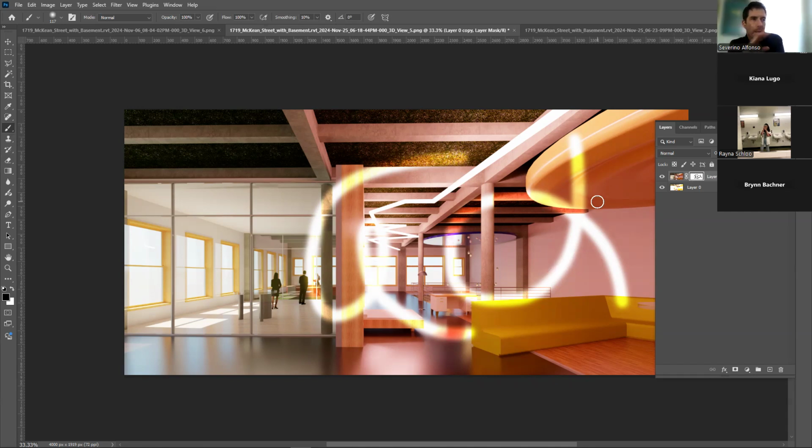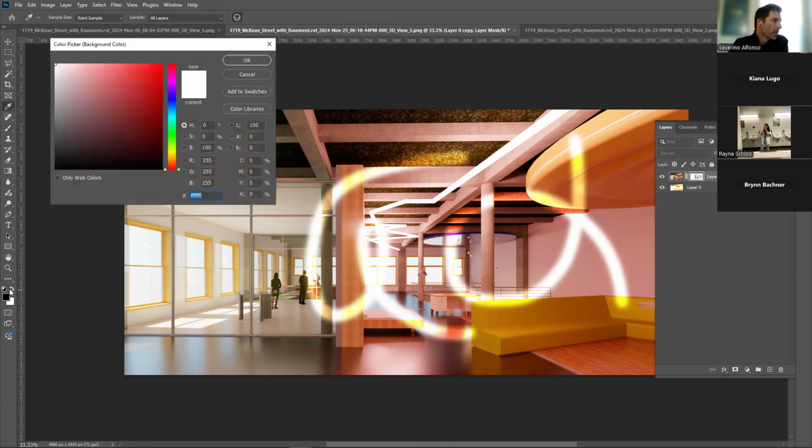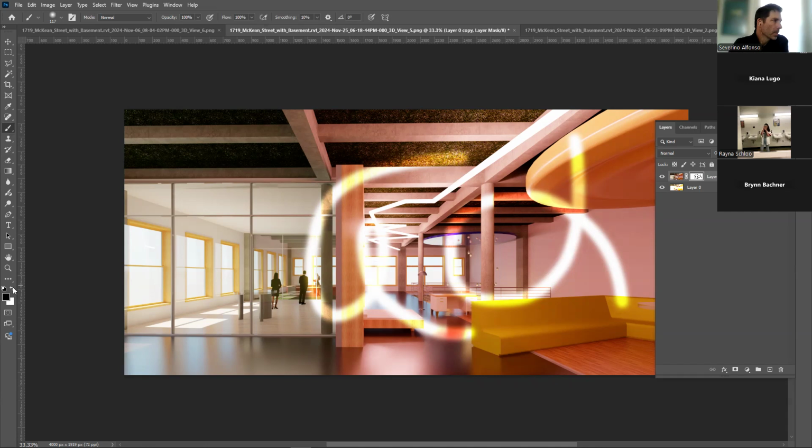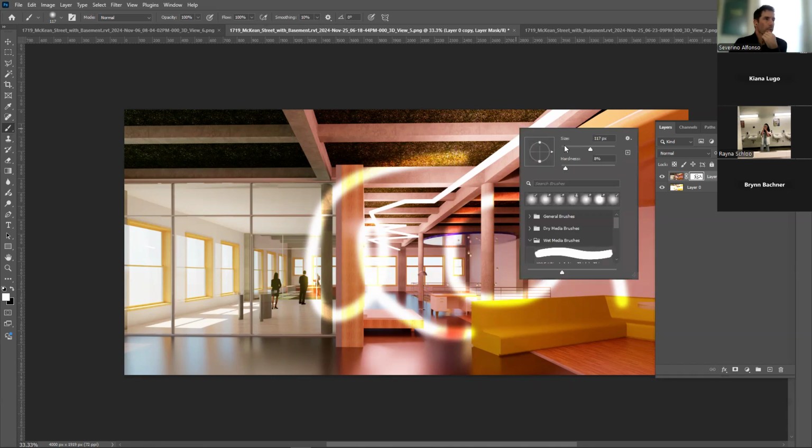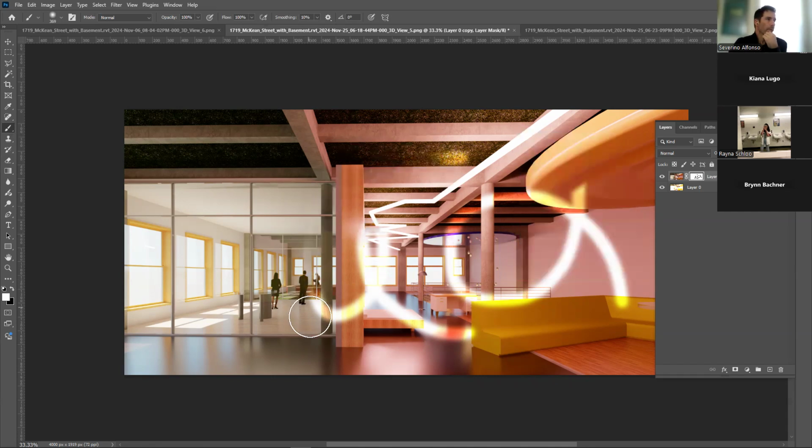if it's an issue of black and white, I can repaint with white. So I'm going to change the foreground color and I'm going to just paint black on top of it. So I can paint again and return to the previous position without having to do Control Z, Control V type of thing. It's basically always editable, no? So let me go back